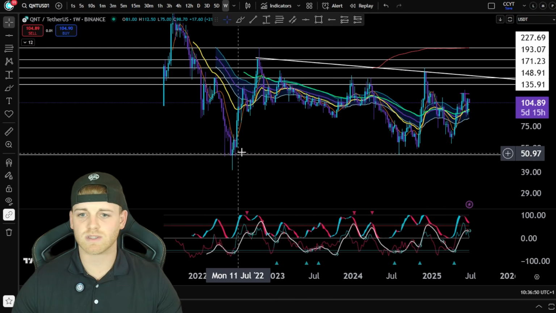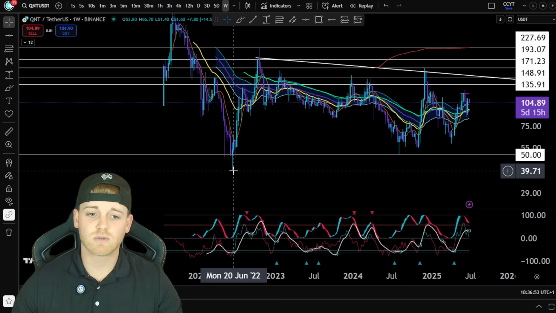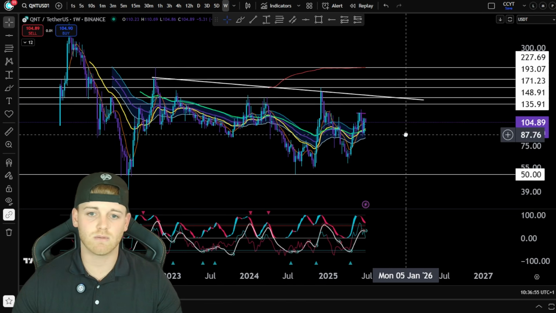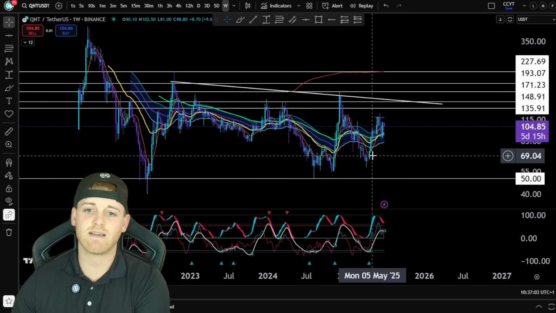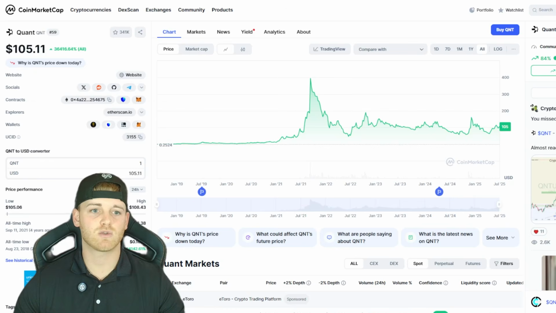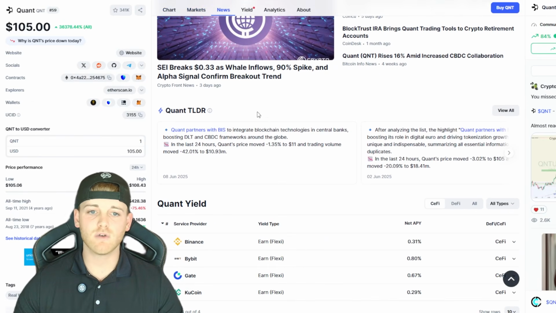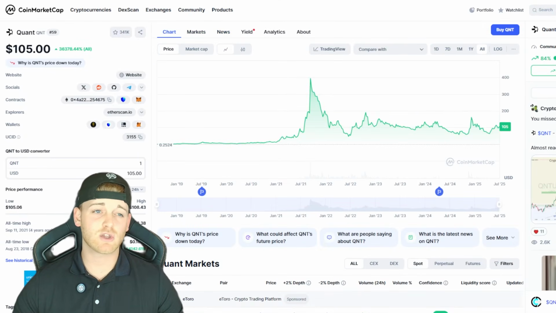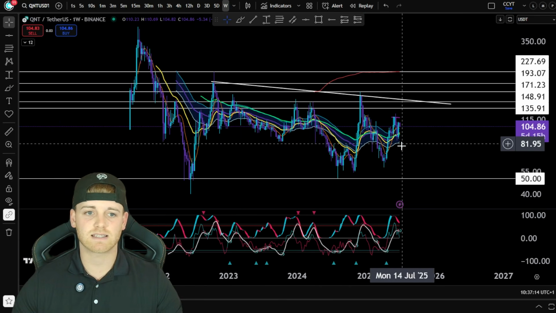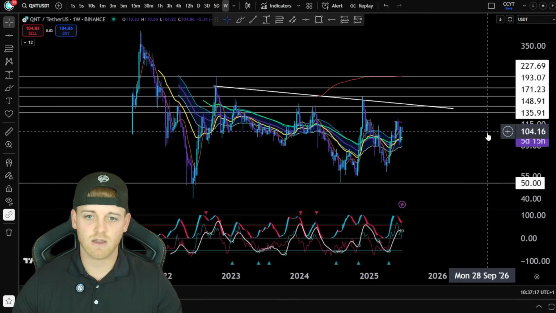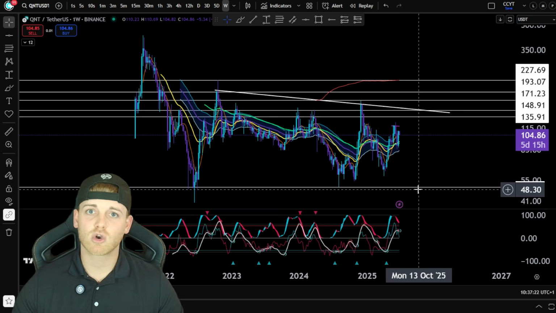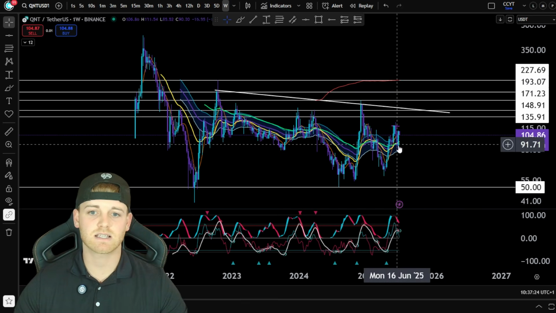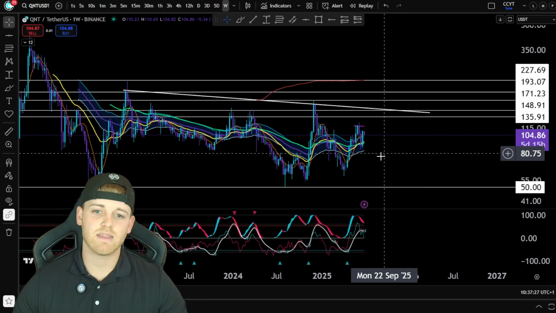Now, the last time that it was there was actually 2022, so literally 3 years ago now. So it's a very strong instance that that has happened. And then the last time before that was August 2024. Now we have recently had that news about the central banks that I was talking about here over on CMC, and that could potentially mean a new floor for this asset, because if the banks are having to buy this asset or people are really reacting to this news, you're going to get a lot more holders and a lot more confidence in this asset overall. So that's probably what we're looking out for now to see where this asset will stabilize.